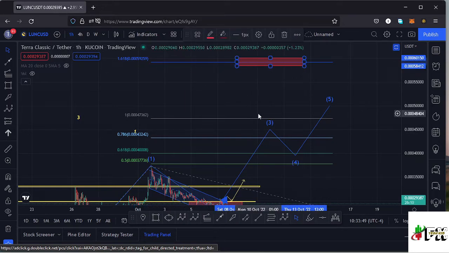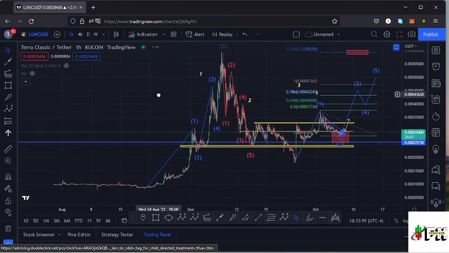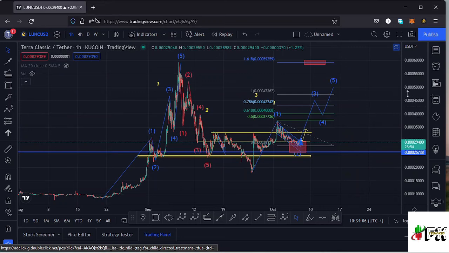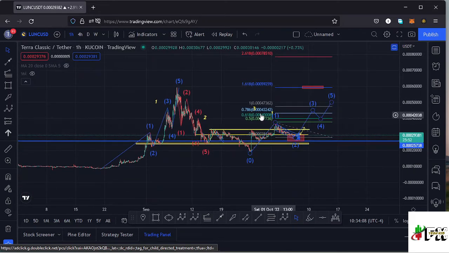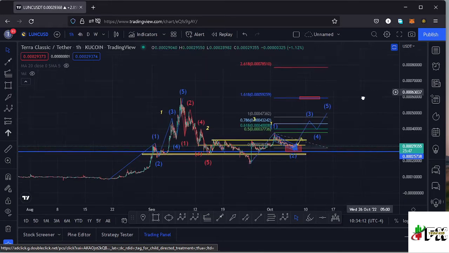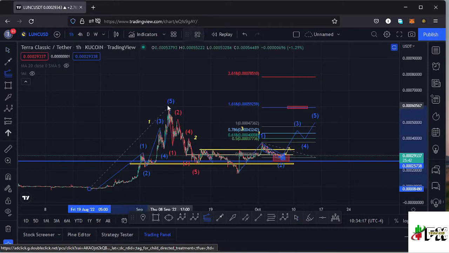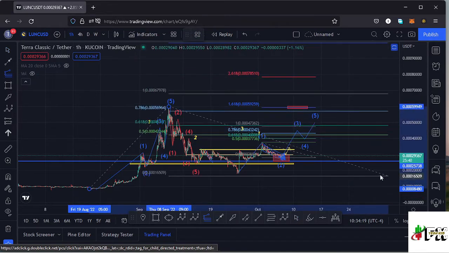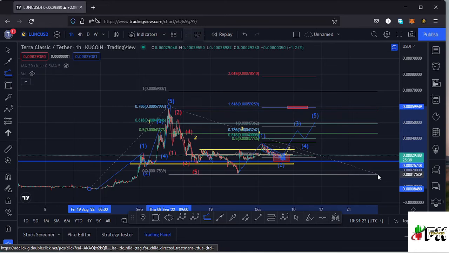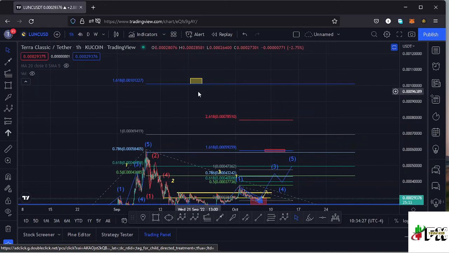Then expect a bit of a retracement to the lower side in the formation of a wave 4, then continue pushing higher in the formation of a wave 5. And because we also have the low for that first wave, the high for the first wave, and also the low for that second wave, we can sketch out a target area for that higher Elliot wave count 3 to the upper side. And I just need to use the trend based Fibonacci's, connecting them from the low of the wave 1 to the high of that wave 1, then dragging the fibs to this low that we made down here in the formation of a wave 2, and that gives me a minimum target area back to around the